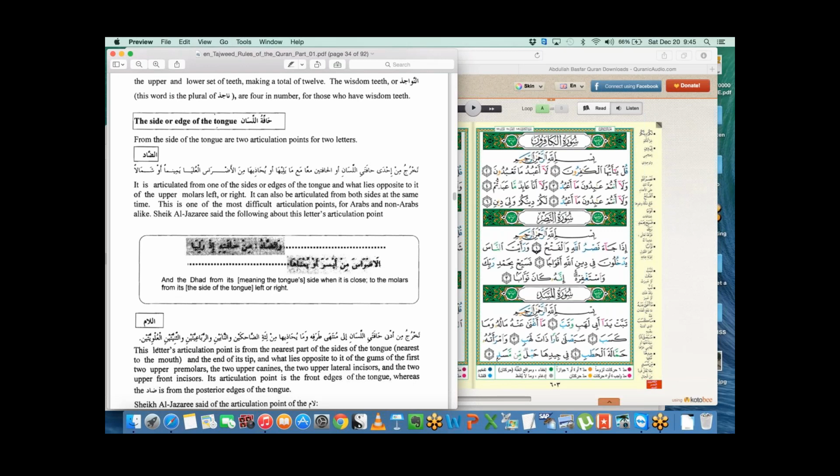We don't have to worry about that, because the old scholars from way back when they wanted to teach tajweed, the tajweed rules, there is actually a large poem about all of the letters to memorize where the articulation points are, where the different tajweed rules are. So if you memorize that poem, you will memorize all the rules and all the articulation points and all the ways of how to do tajweed properly.